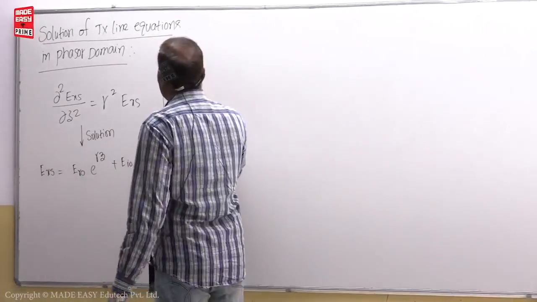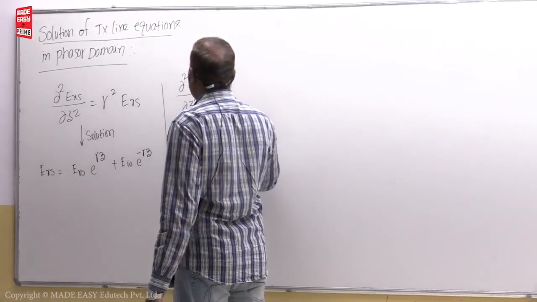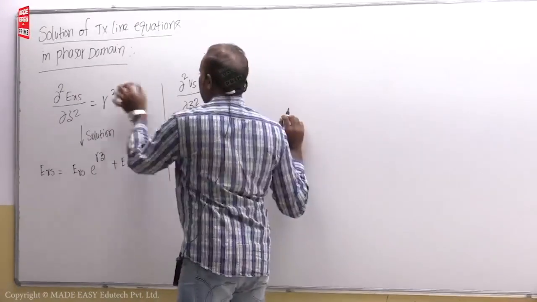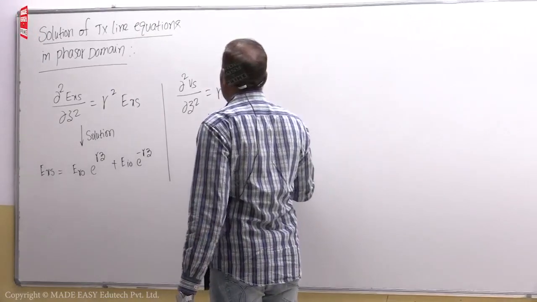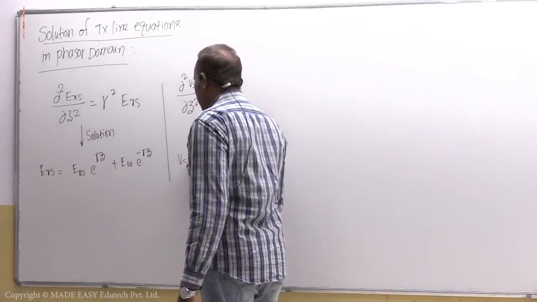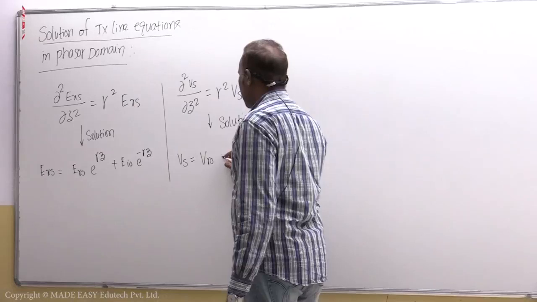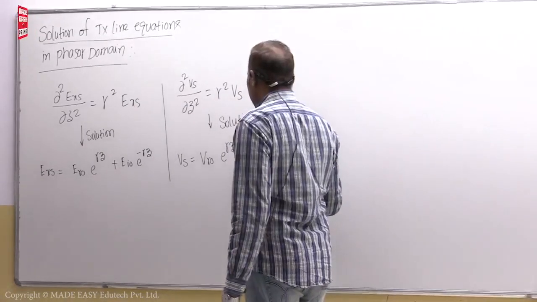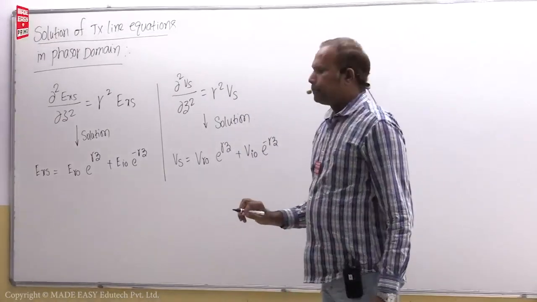here, ∂²Vs/∂z² = γ² Vs. So in place of Exs, Vs is there. So the solution is similar. The solution of this is, numerator variable, that is Vs = Vr0 e^(γz) + Vi0 e^(−γz). Now